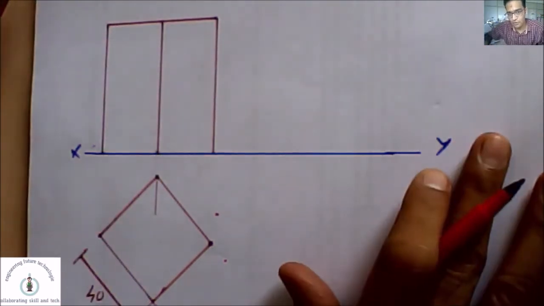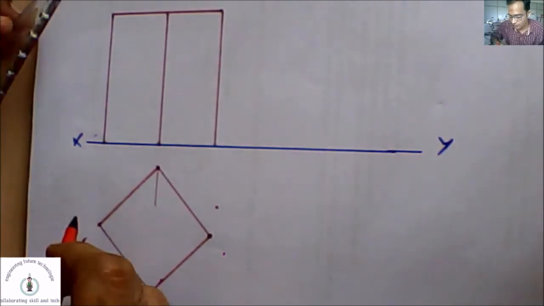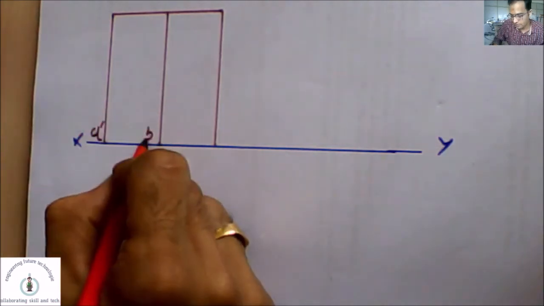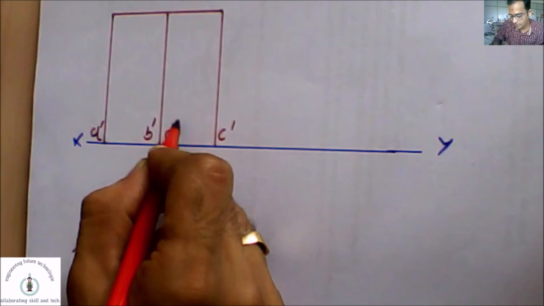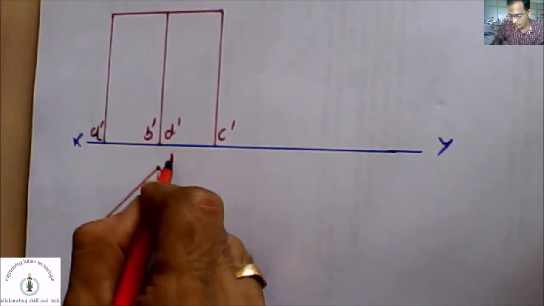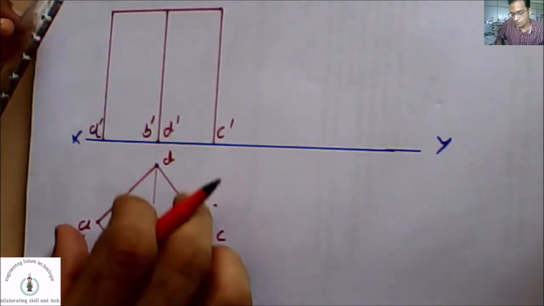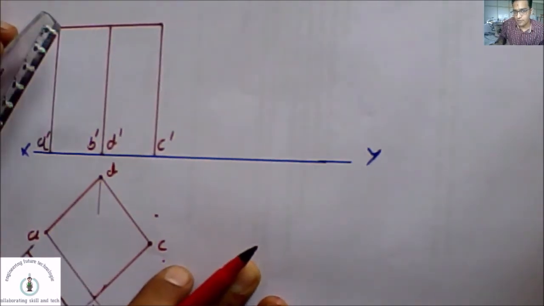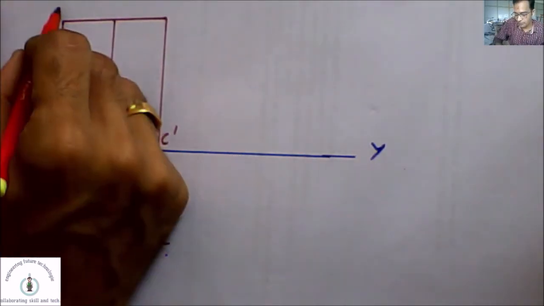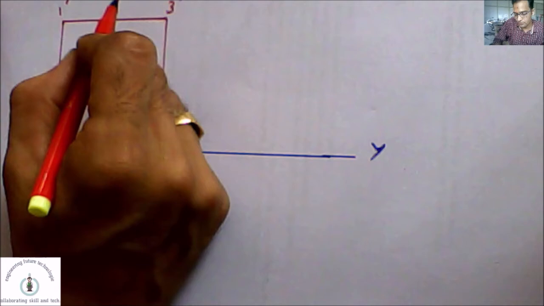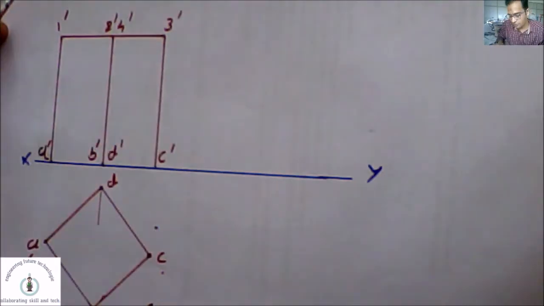We are aware that we do have to place notations also, so I'm going to place those notations like this. I do consider A dash over here, B dash over here, C dash over here, D dash over here. How we had taken those positions? I had referred this position as A, this one as B, this one as C, and this one as D. So when we trace those positions in front view, we are going to have with dash notations over there. In similar manner, when I refer position over here, I am going to have 1 dash over here, 2 dash over here, 3 dash over here, and 4 dash over here. So this is the representation of a particular profile.